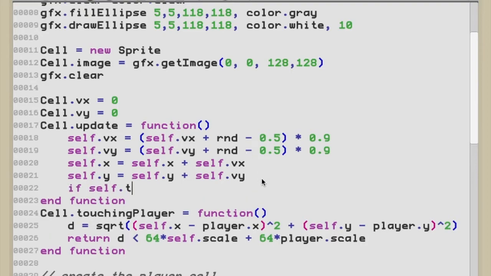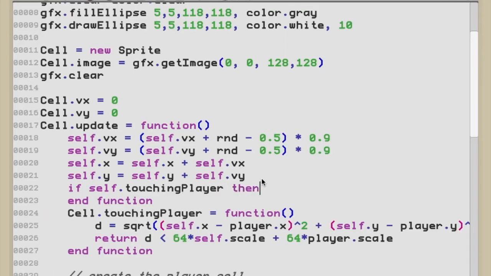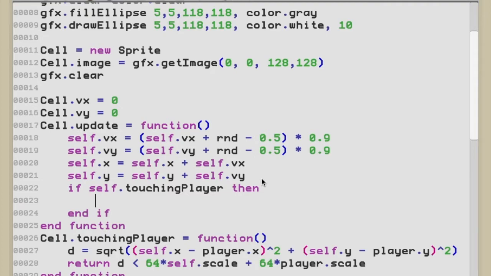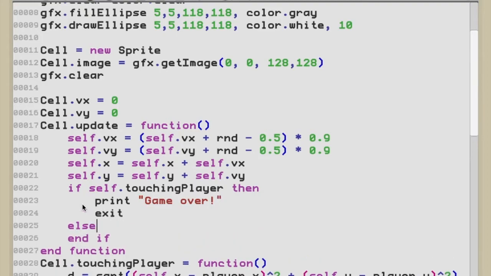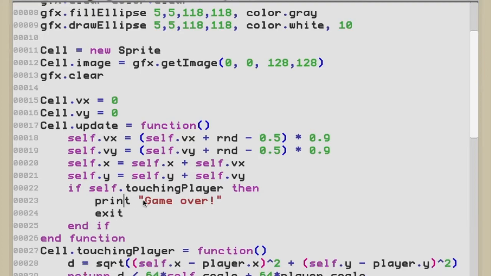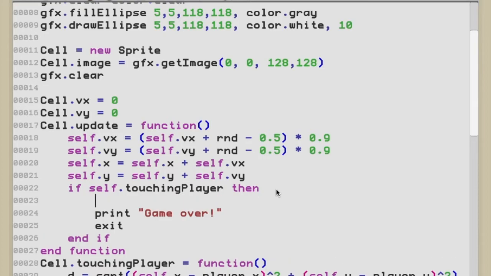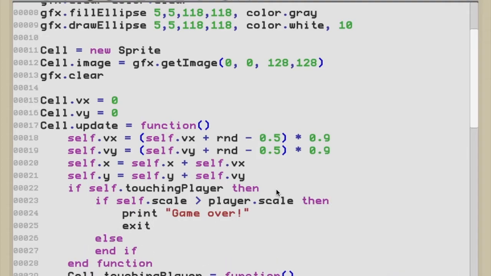Say if self.touchingPlayer, then I hit shift return to give me an if block, then print game over, and we'll just exit the program at that point. If it's not touching the player, no wait, that's not what I mean to say. If it's touching the player, it's either game over or not, depending on the scale. So I got to check the scale here. So if self.scale is greater than the player scale, that means the player is touched by a bigger cell, then it's game over. But otherwise,